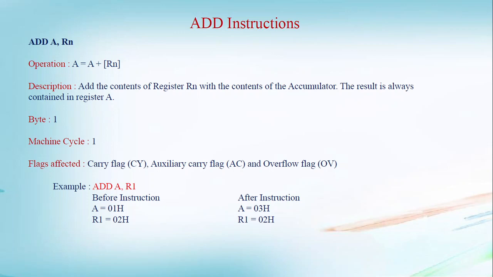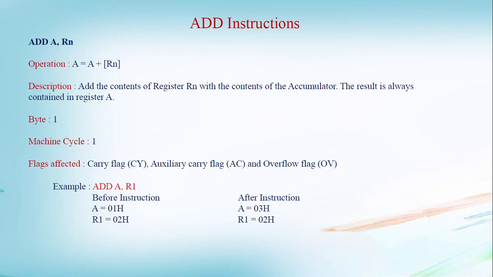It requires 1 byte, it takes 1 machine cycle, and the carry flag, auxiliary carry flag, and overflow flag of the program status word register of 8051 get affected. As an example, ADD A, R1. Let us consider before the instruction A equals 01h and R1 equals 02h. After the instruction is executed, A equals 02h plus 01h equals 03h is saved into the accumulator,